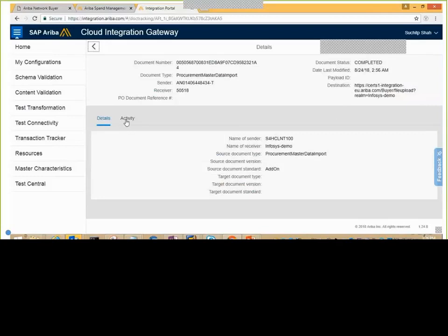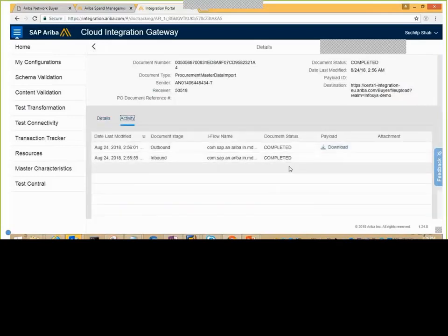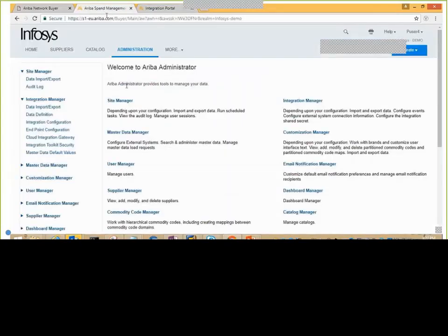So I can see that there is an inbound file and then there is an outbound file which is created and forwarded to the application for importing the data into it. So next I log on to the application here, and there I have the option to look at the import and export files. So I click on the import tab,